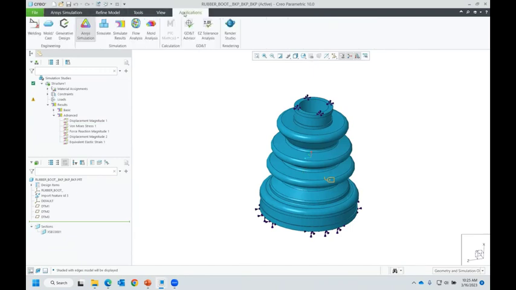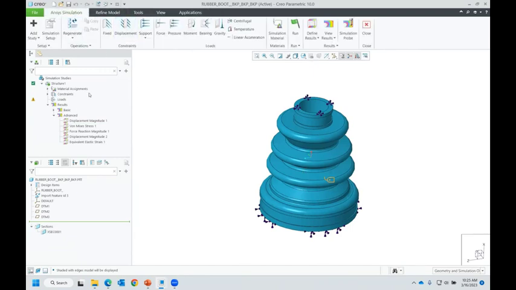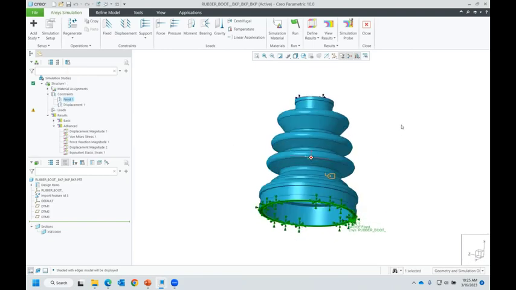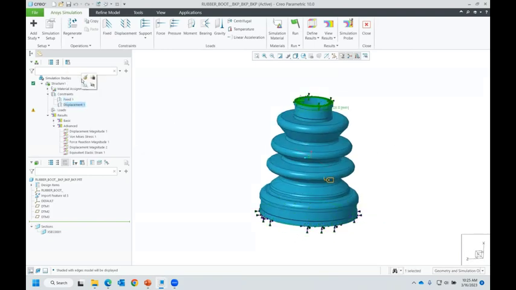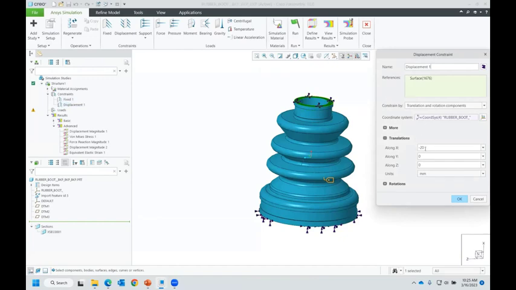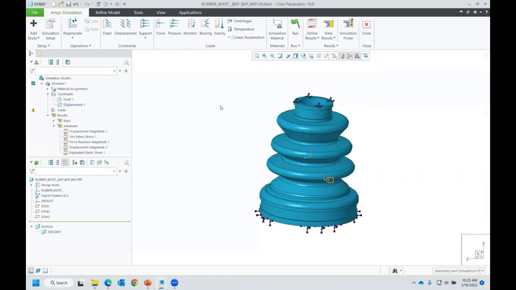Here I have a simple fixed surface in the bottom, and then I'm pushing on this at 20 millimeters. Okay. And as far as the materials for this,